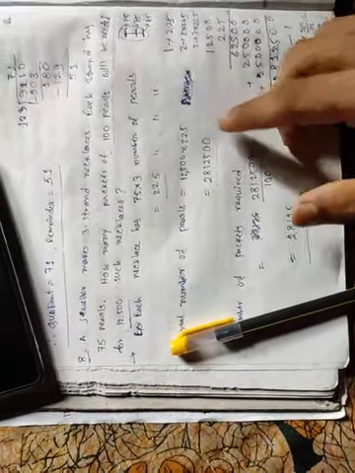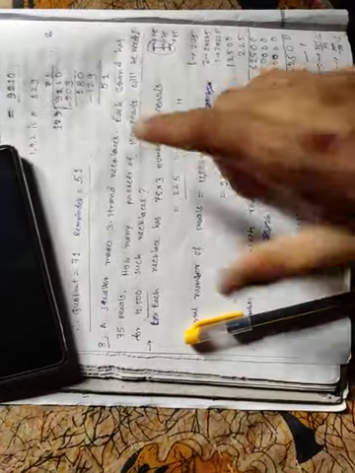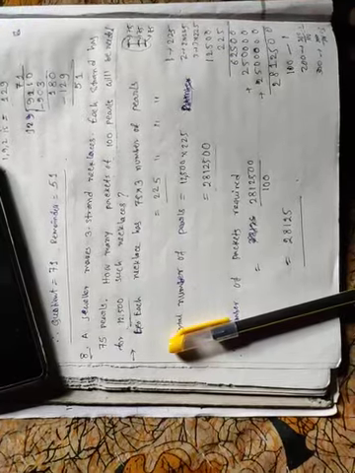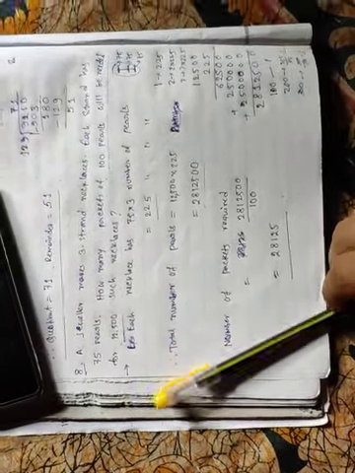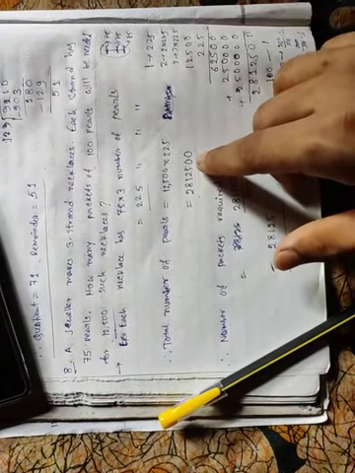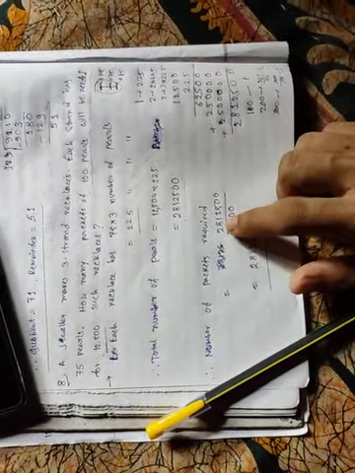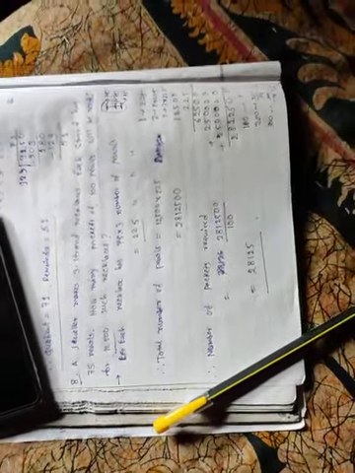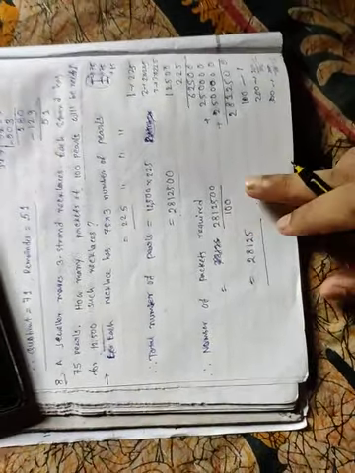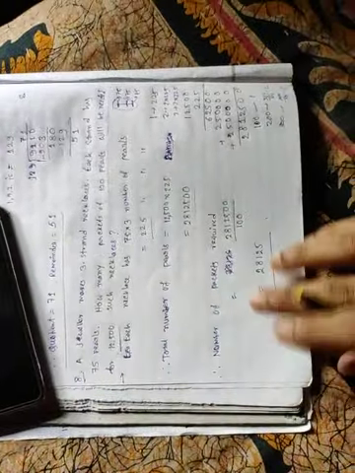So if we divide the total number of pearls by 100, then we will get the number of packets, because 100 is the number of pearls in one packet. Clear? So we have already got the total number of pearls, 281250. So the number of packets required is 281250 divided by 100. After division we will get 28125. Here I have not shown the division. You can do it in rough. Okay, you should do it.